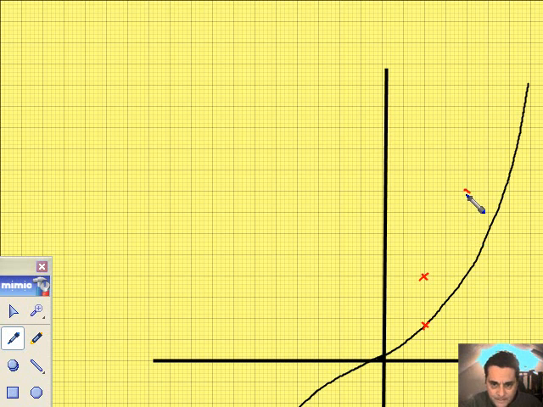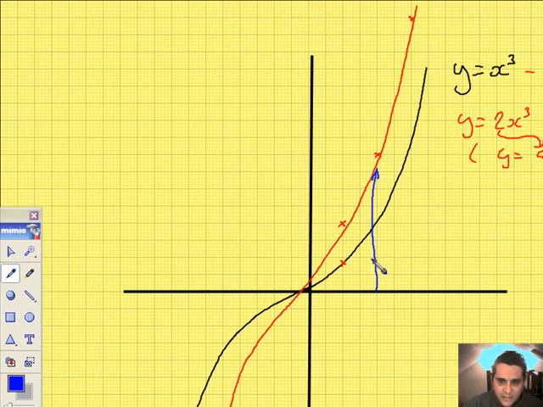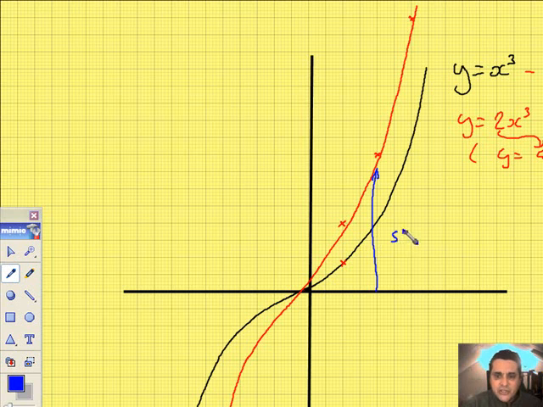1, 2, 3, 4. And if that is... Oh, it's going to go way off the scale, isn't it? That is 1, 2, 3, 4, 5, 6, 7, 8, 9, 10, 11, 12, 13, 14, 15, 16. It's about here somewhere. So what we're looking at is something like this. A much sharper, pointier looking graph. Of course, you don't have to plot these points, but what's happened is I've got a stretch in the y direction, okay, from here to here. That's the original, but then from here to here, it's a stretch